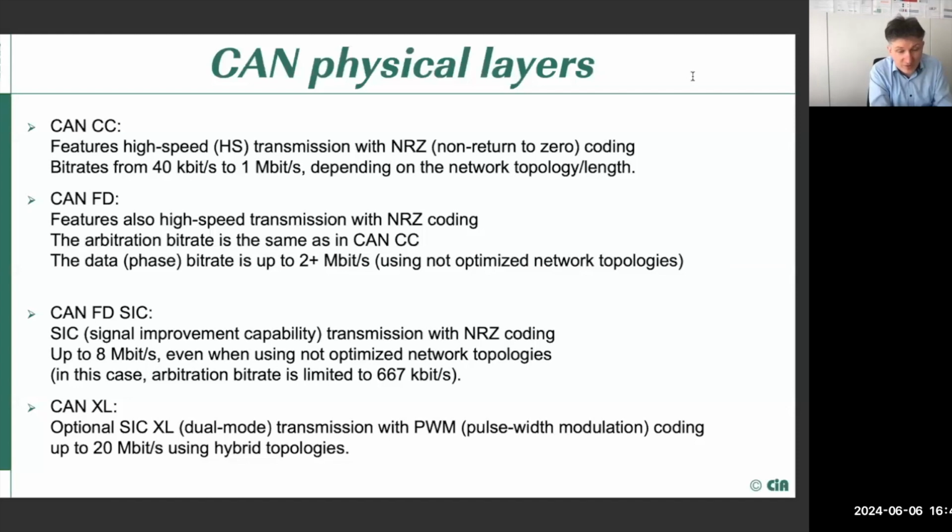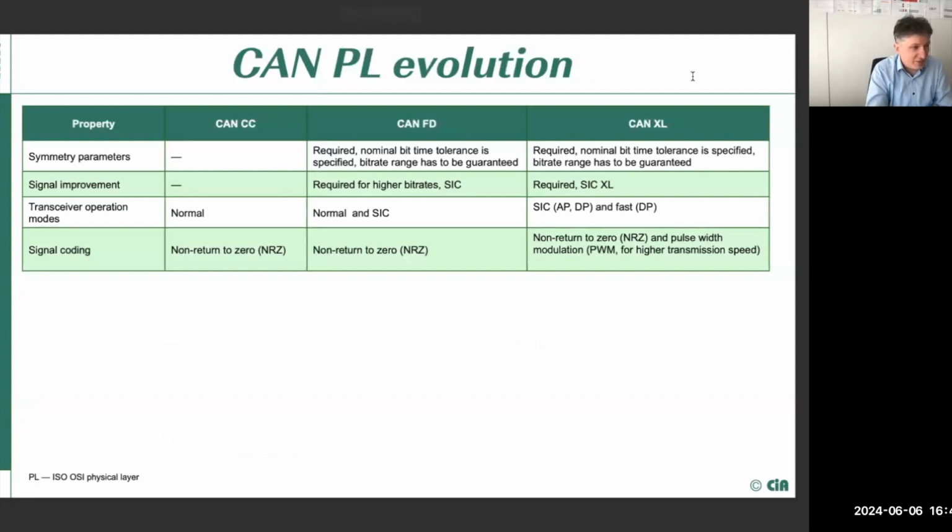But it gets, of course, more critical with increasing speed, where there is a very short time frame for the sampling of the message, and very short time until the signal improvement is kicking in. So at this higher speed, only SIC transceivers are used for that reason. CAN XL does have SIC transceivers in there, and it is turned off almost all the time, especially for very high speed. In the second slide, one or two, we will see how it looks in types of transmissions, where and which kind of modes should be switched on to allow certain